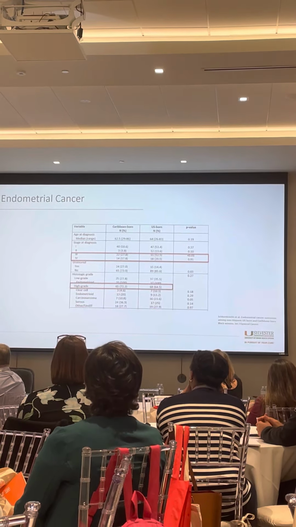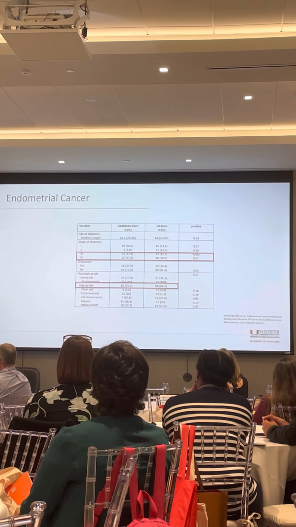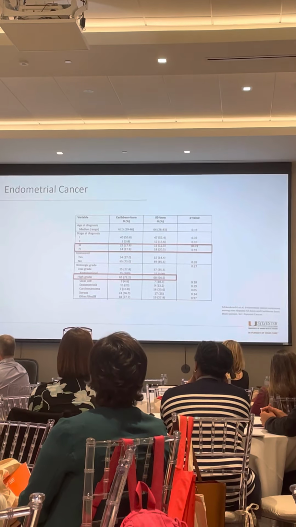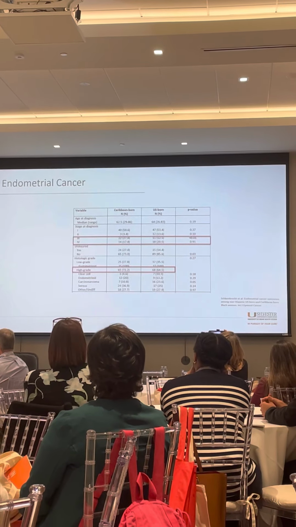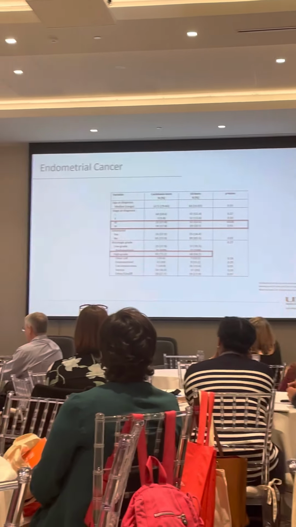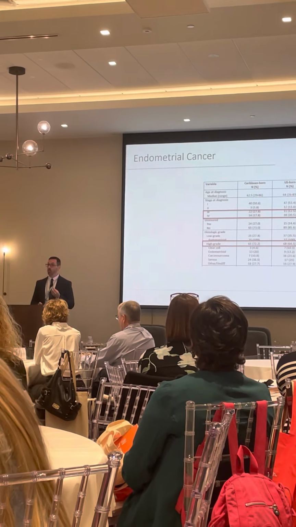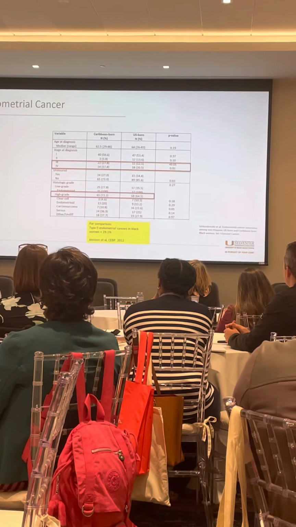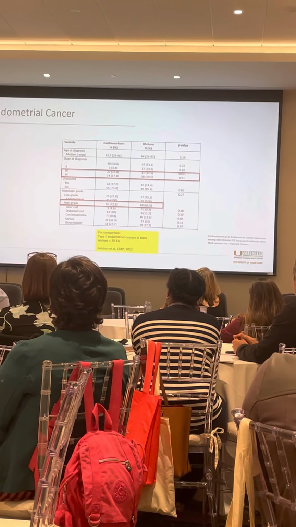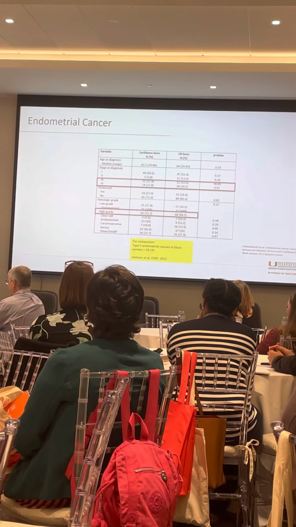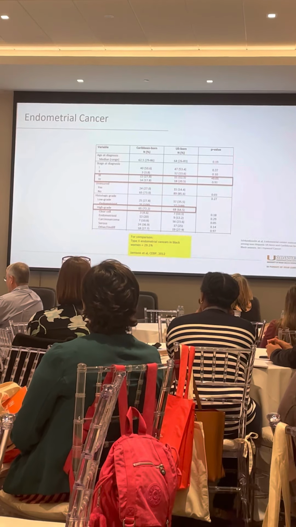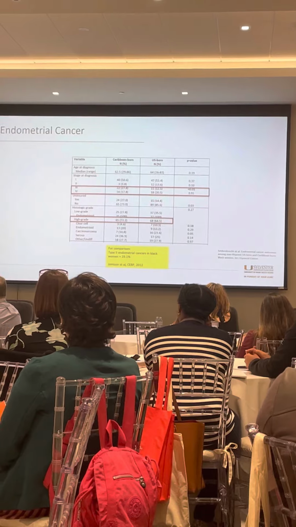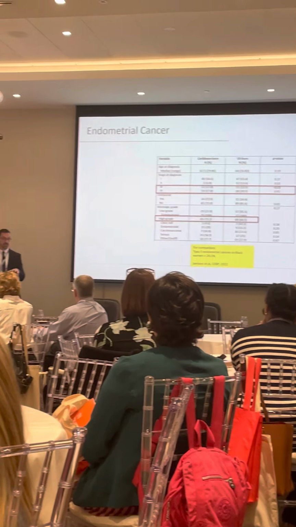But one thing that was particularly interesting for us is the proportion of women who had really aggressive types of cancer. So we saw that 72% of Caribbean-born Black women and 64% of US-born Black women had really aggressive endometrial cancers. In contrast, in the SEER database, 29% of the US population of Black women present with aggressive endometrial cancer. So what we are seeing geographically is a substantial difference in the types of tumors that are presenting to us.